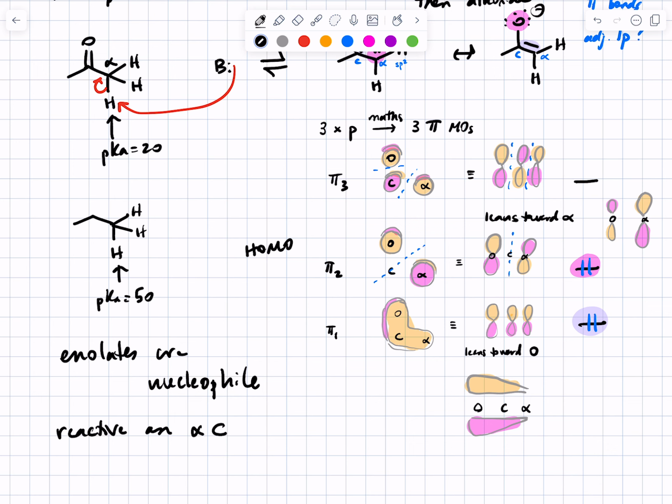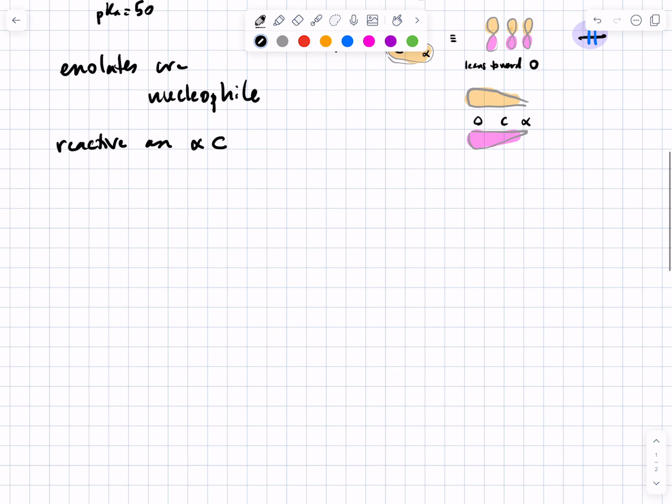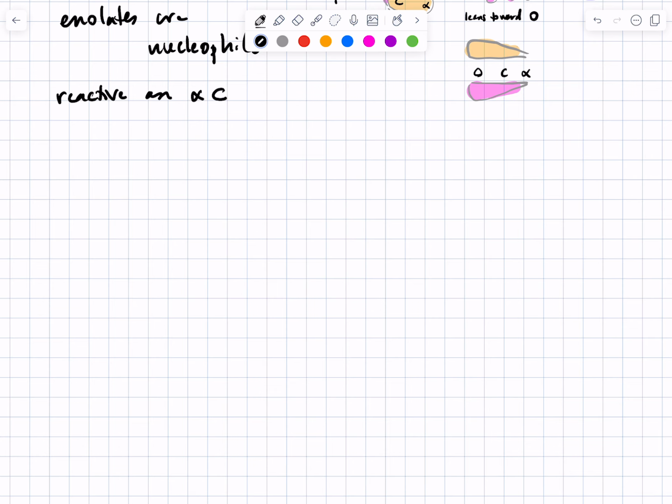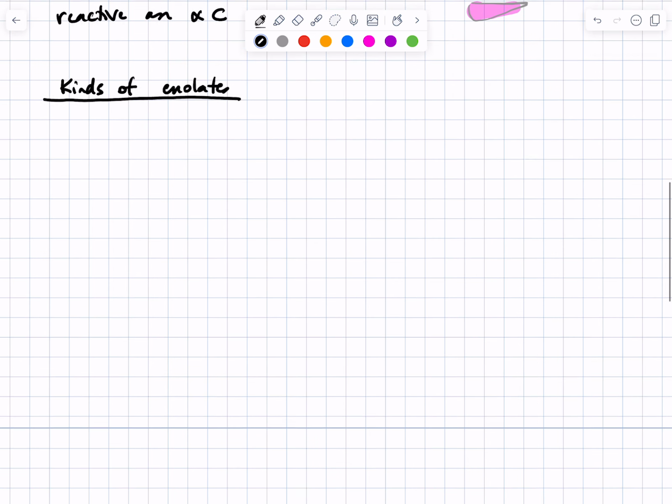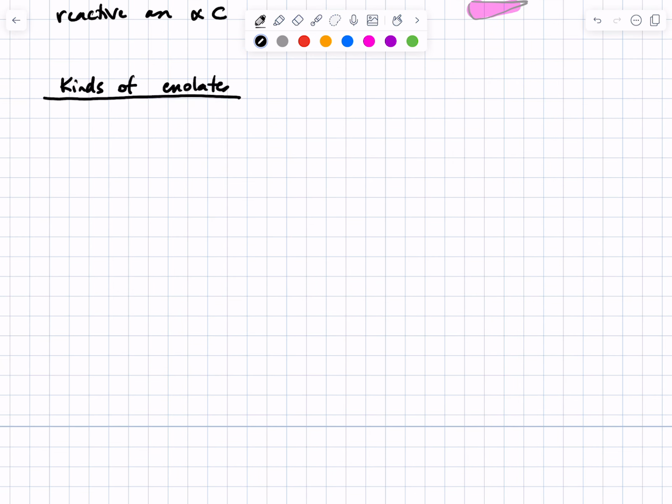So before we do some examples of that, what we want to spend a little bit of time on is just thinking about the different types of enolates, and their relative reactivity. And it turns out that everything you've learned so far about carbonyl compound reactivity, you can use to rank the acidity of alpha protons and also the stability of the enolate. Okay? So, for example,